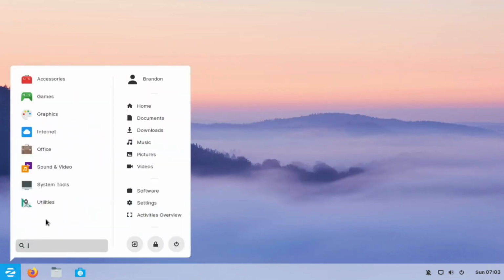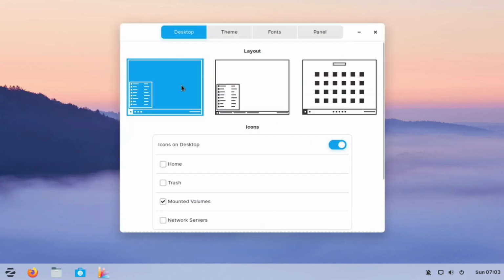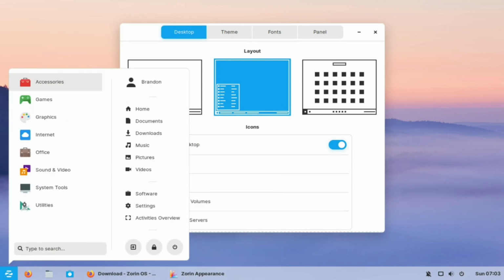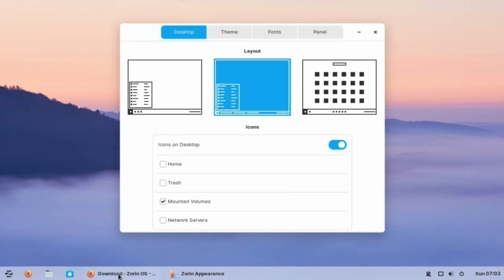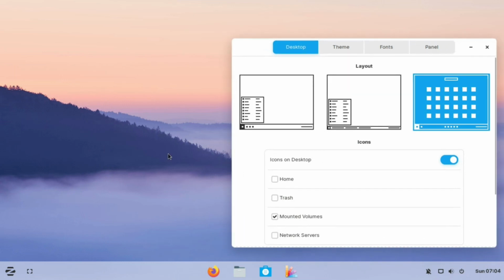If I go down here and go into the theming to show you what I was talking about with the packages, you can see there are some predefined layouts here. If I clicked on this one, it would make these larger and change things around a bit. This is more of a Windows 7 type feeling. And then if I go with this one, it makes it more friendly to touch-based interfaces.